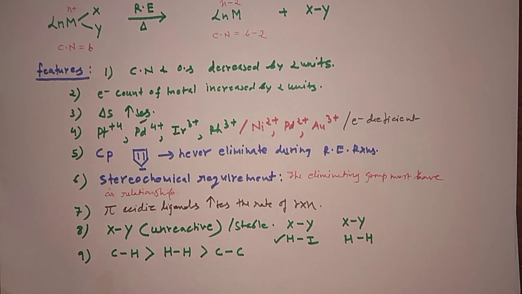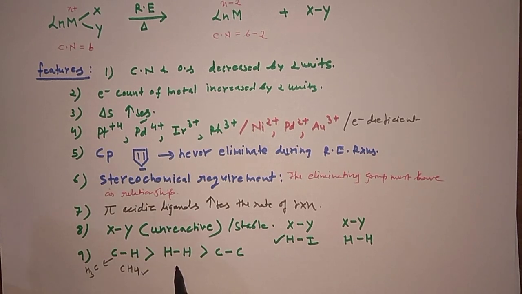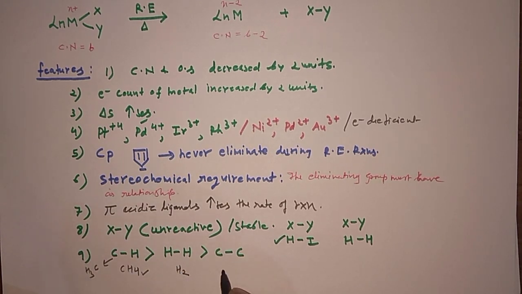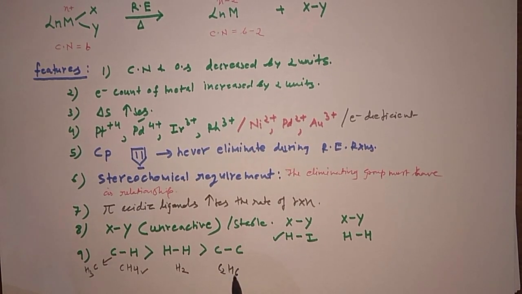So how you can understand this particular point? Say here you are eliminating CH4. Say this is CH3 for example, and it is combining with hydrogen, it is forming CH4. And then you are having, say this is CH3, this is CH3, then you will have the C2H6. If you compare all these, this methane is quite unreactive, it will not react, so it's a stable one, so rate would be highest for this one.